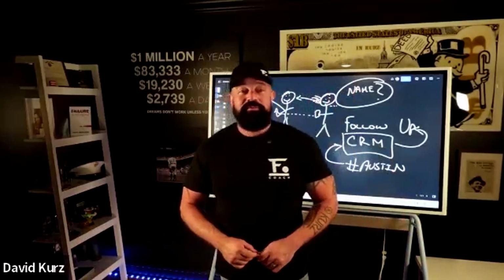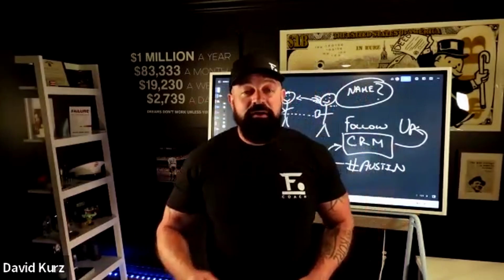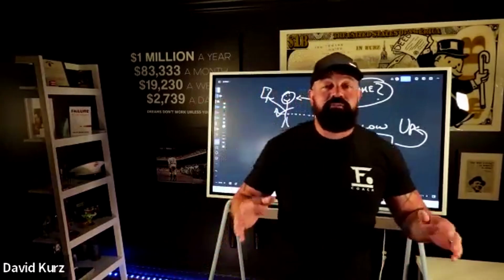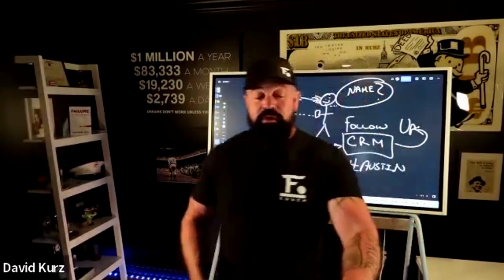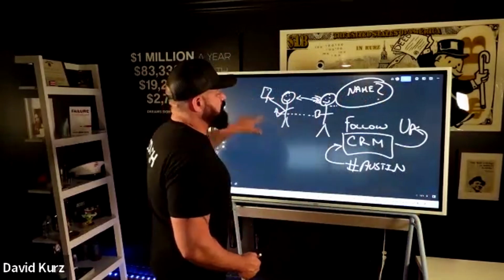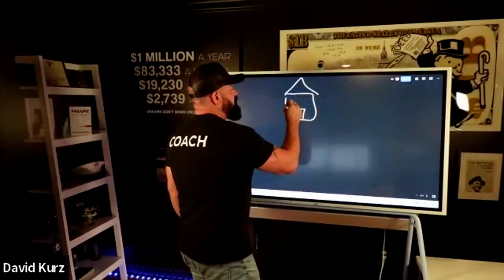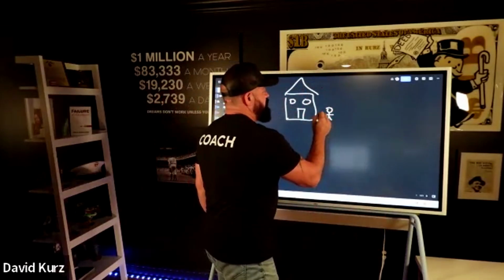Lead source number 3. This is where we go content marketing and inbound leads. This is where you create content marketing to develop inbound leads and inbound lead flow. Now, content marketing attracts leads by providing valuable, relevant content that addresses their needs and interests, right? So if you are selling real estate, you are speaking about houses. You're not speaking about technology or any of that stuff, right? You're speaking about houses. Why? Because that's the product that you have to sell. And the service that you provide is putting this person into this house, right?